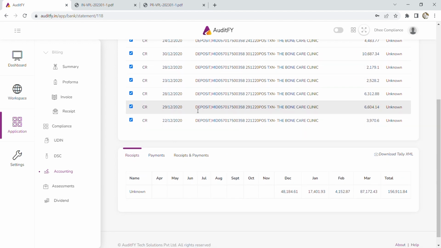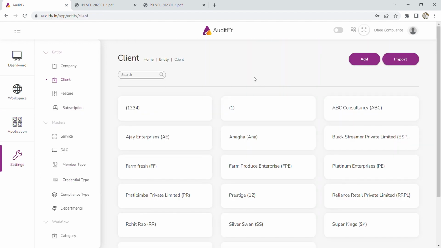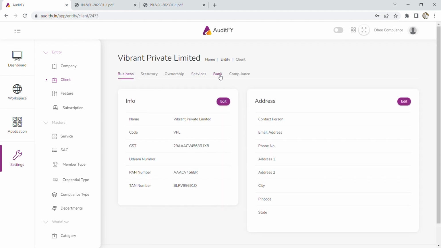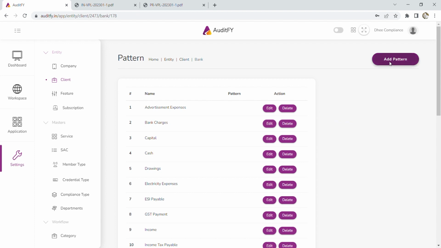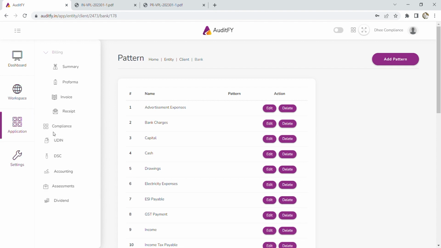If I don't have the account that I need, I can again go to settings, client, in the bank I can add pattern, so that is add my account. So I'll add. So when I come to my accounting,